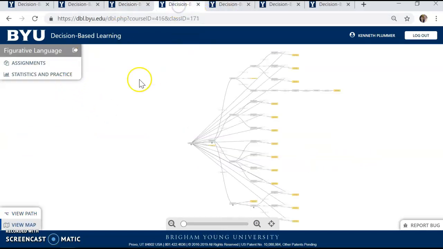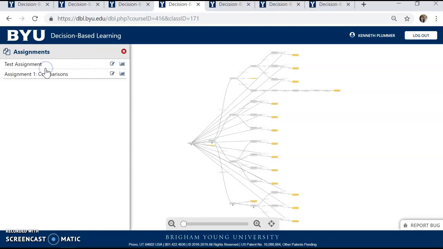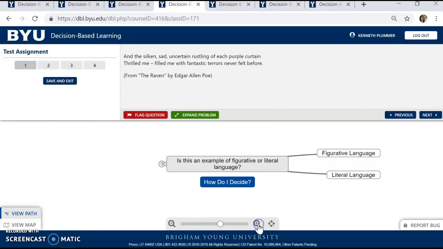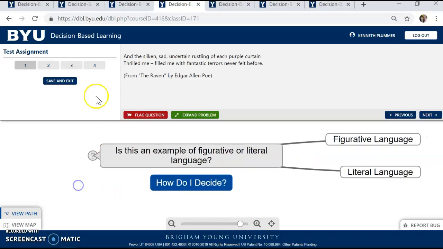The next example is a figurative language example. This one is different than the hard sciences that we've just seen. So here we start with a poem, this one by Edgar Allan Poe from The Raven. The excerpt here is, "And the silken, sad, uncertain rustling of each purple curtain thrilled me, filled me with fantastic